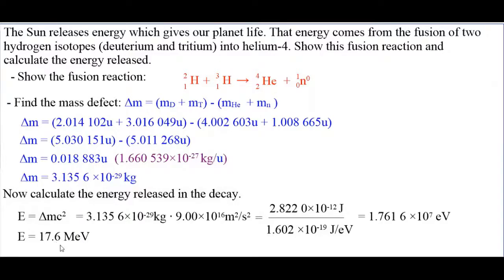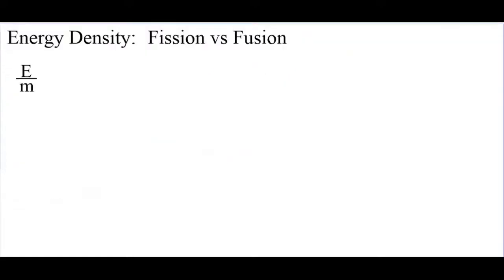So with the fission reaction, we got almost a similar number. We got 174 mega electron volts. Now we get 17.6 mega electron volts. All right, so on paper, it looks like there's less energy with fusion. But if we look at their energy densities and compare the two,